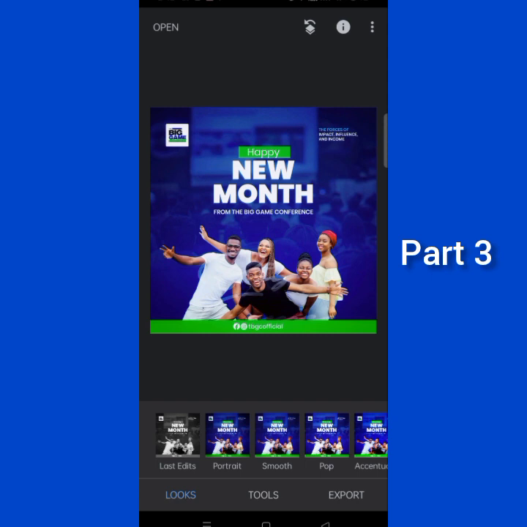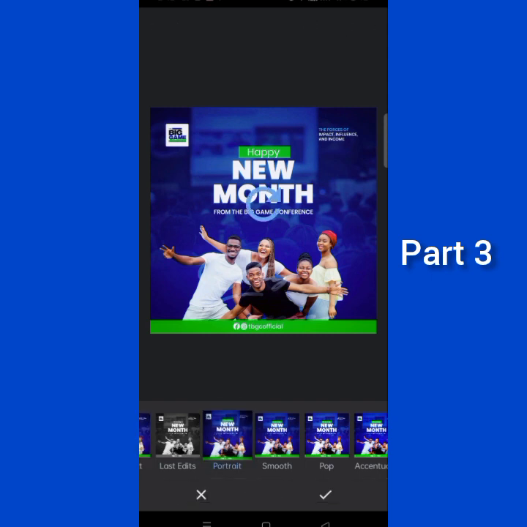It's an existing flyer, it's good already, it's fine. After a month, let's say this is no longer a Happy New Month design and you want to use it for another thing. The design might look dull, not as attractive as it was in the beginning. So all you want to do is just come to this place,